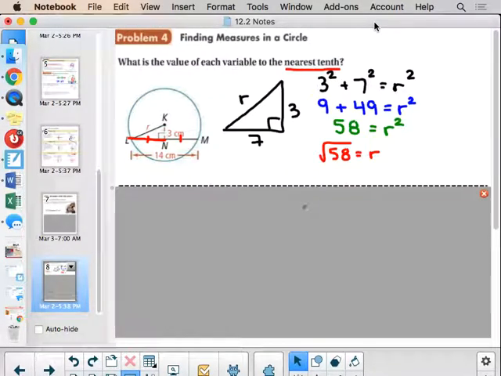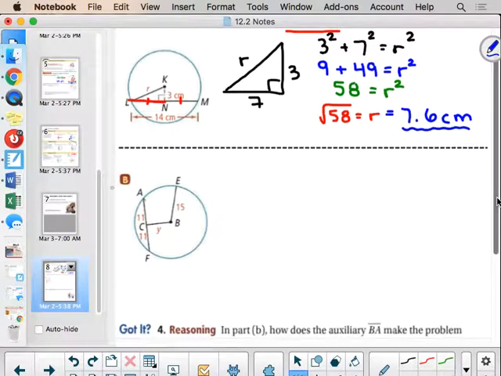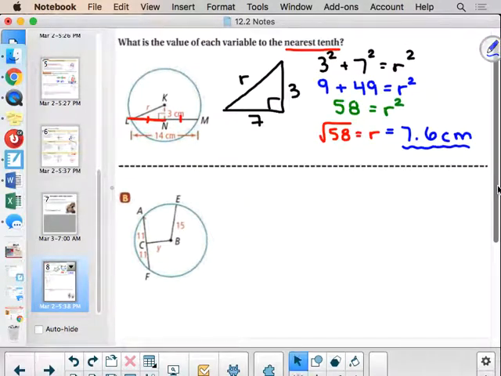7.615. So if I see 7.615 and I'm rounding to the nearest 10th, that gets me 7.6 centimeters. Questions on how I got 7.6 centimeters? Do you understand why I was able to do that? Okay. So then we have this one here. All right, so